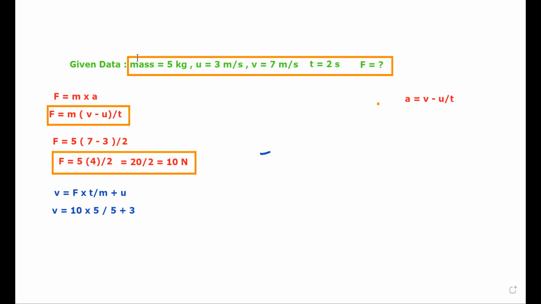Now if I simplify by using the BODMAS rule, I can get the final velocity v is equal to, and this 5 and this 5 will get cancelled, isn't it? Then 1 will be there. 10 into 1, 10. So 10 plus 3, 13. Here I can get 13 meter per second, right? So now by applying 10 Newton of force for 5 seconds, the final velocity will be changing to 13 meter per second, right? From 3 meter per second to